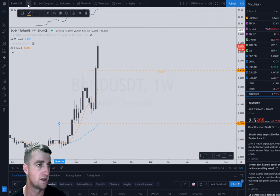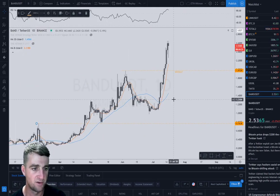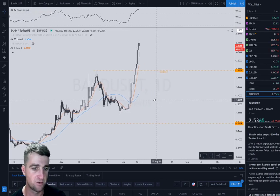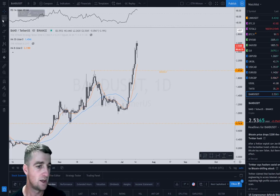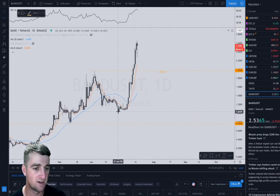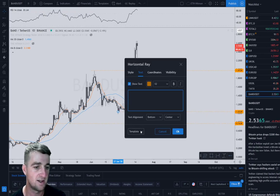That will do for a weekly, and let's just jump onto the daily and identify a couple of levels there, so we can potentially get some price action and see where we can look into buying. So we do look like we have a little bit of a support level there, as you can see. That acts as a support. If we just change that to the daily,